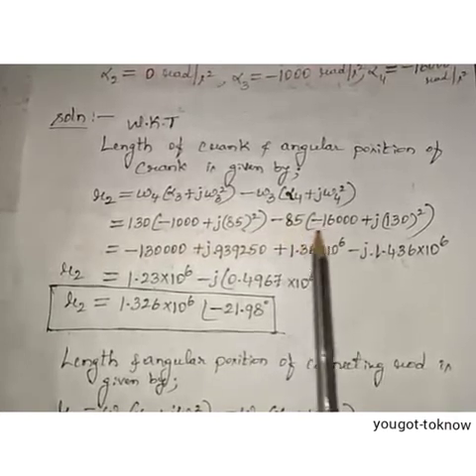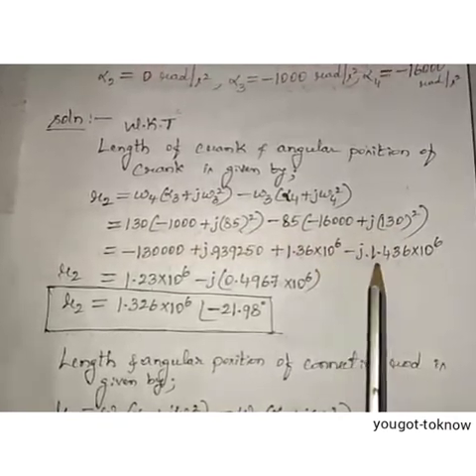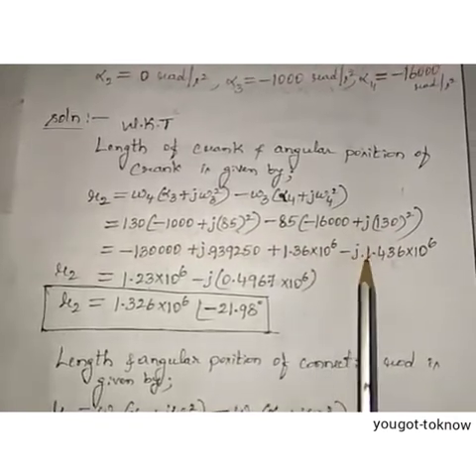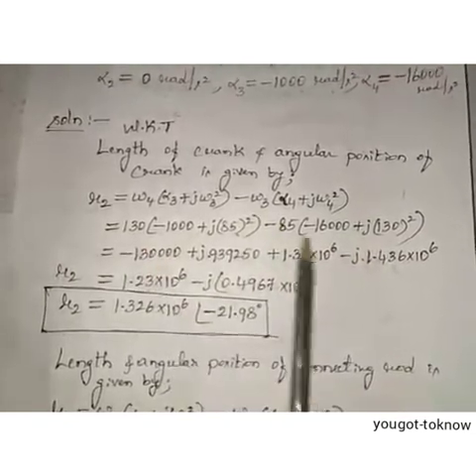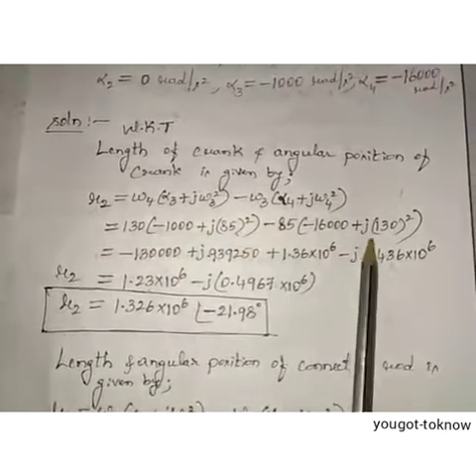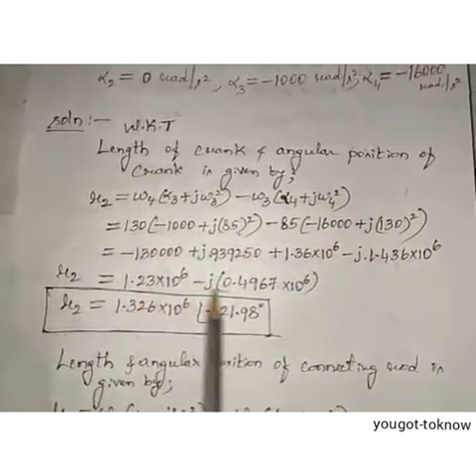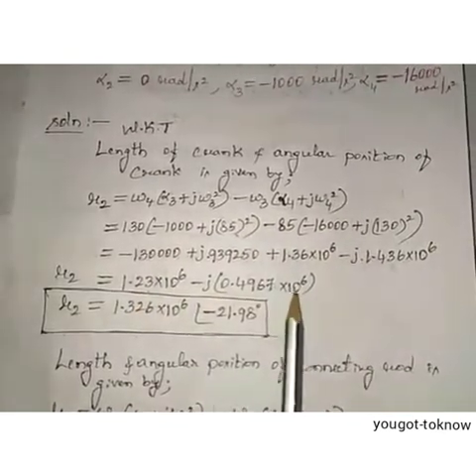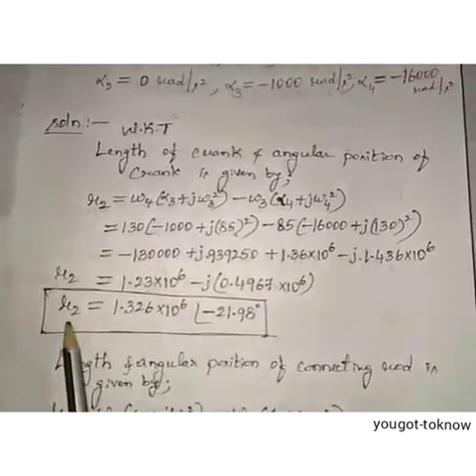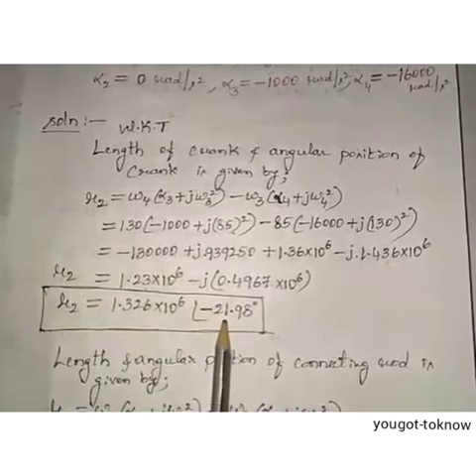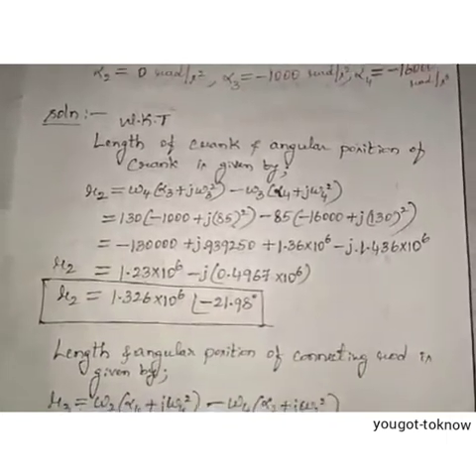Again, with further simplification we can get these two. Keep them as real and imaginary terms. Again, further, add only real terms, then imaginary terms, then we can get this equation. Now, in order to find the actual length of link 2 and angular position of link 2, using